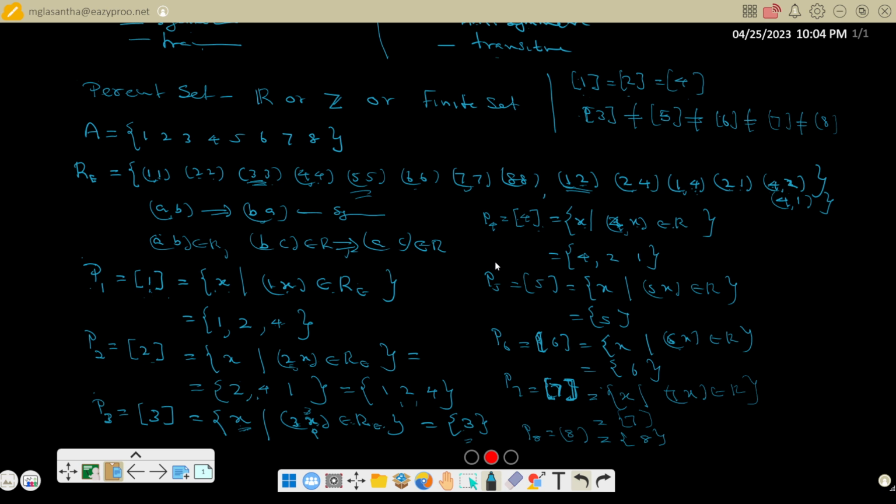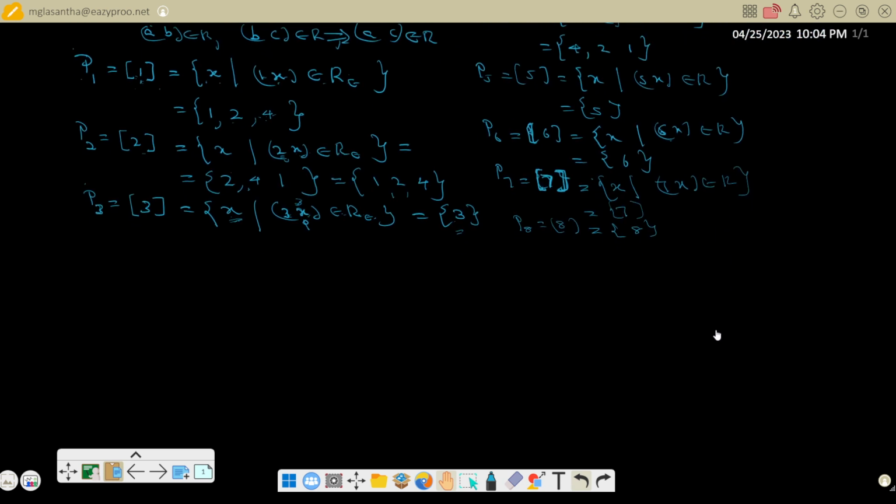Okay. But you know that equivalent class 1 contains 1, 2, 4. Then equivalent class 2 also equal to 1. 4 also equal to 1. Right? Like that. So this is a partition. Partition means, so you just partition. Now if you take partition, what do you mean by partition? Equivalent class partition, that is